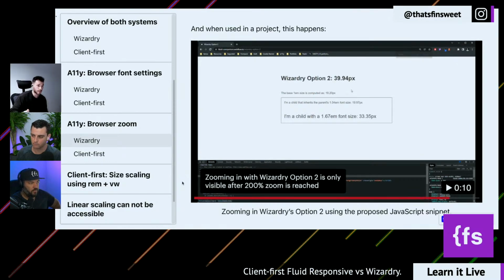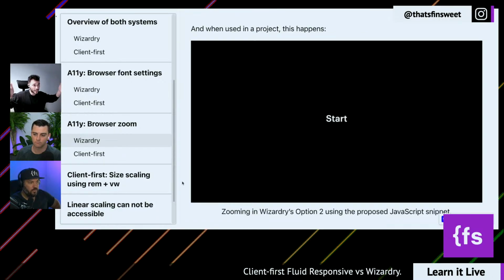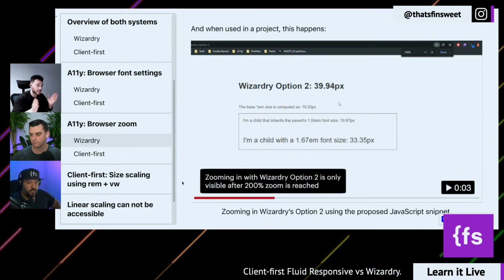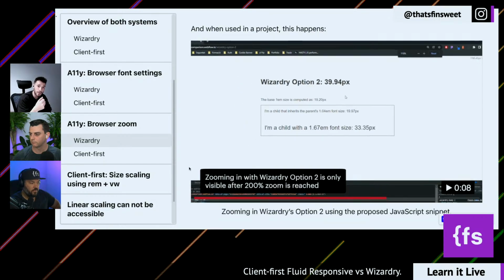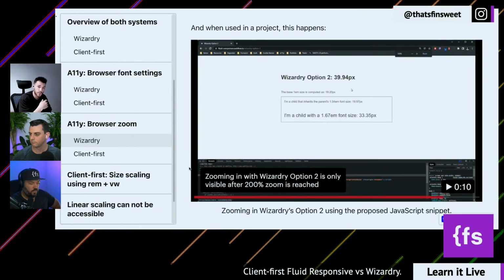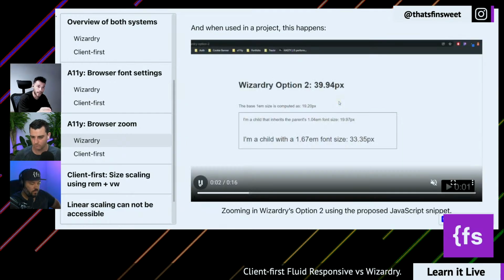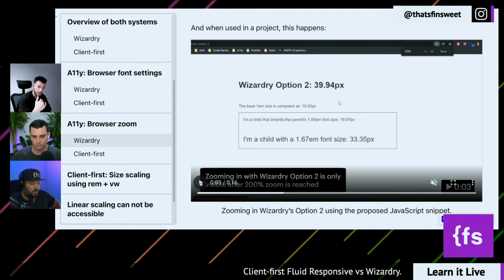The problem comes when zooming is not linear, because changing from your screen size to a fixed REM value that was not based on your screen size, there's a change on that. And we can see it in this video. If you just move it back, you will see that first we have this. And when the first zoom that we perform, just a few seconds, if you can see, it made a jump